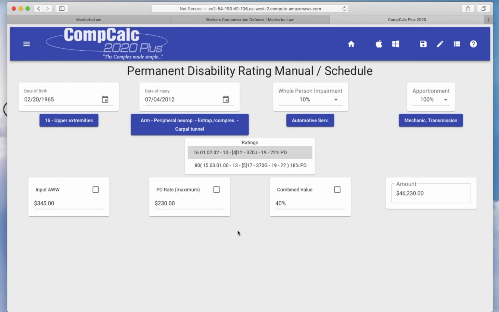And I just remembered, the applicant was not a maximum wage earner. He was only earning $300 a week. That's his average weekly wage. Drops the PD rate down to $200. The combined value is not on. 18 and 22 is 40 for $40,200. That's reflective of our rating based upon a date of birth of 2/20/1965, a date of injury of 7/4/2012,